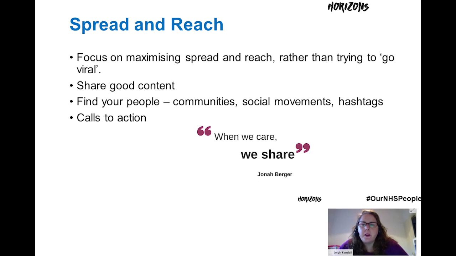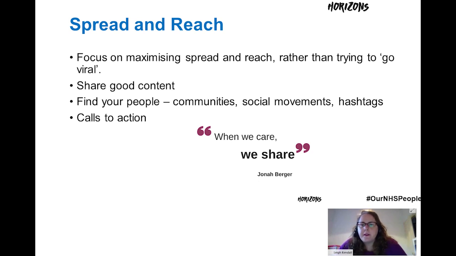Be authentic and be genuine, and share something because you believe in it, not just because you think lots of people might like seeing it. Instead of trying to gamify things, you find your people. Find people who share your interests, your passions, and find people through similar hashtags, calls to action, thinking about narrative.